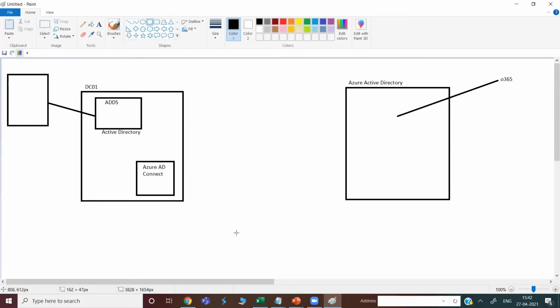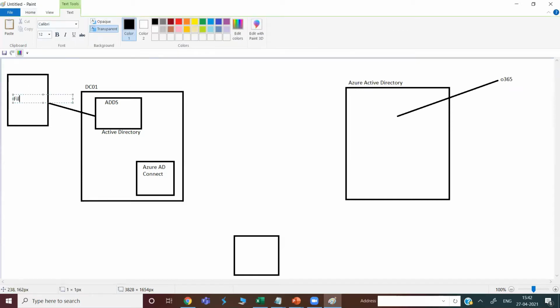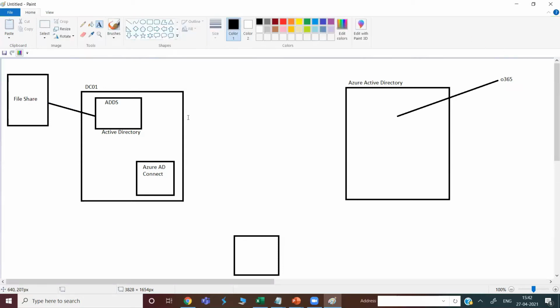Suppose this is a user. If this user wants to access both of them, this file share and the Office 365 application, and there is no connection between these two Active Directories, if sync is not happening, what will happen?